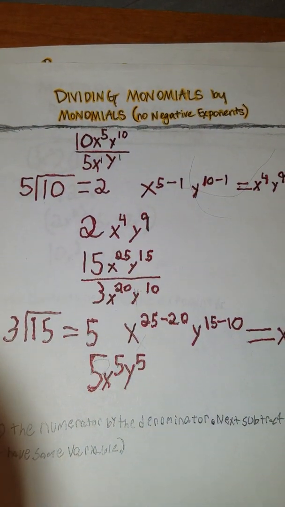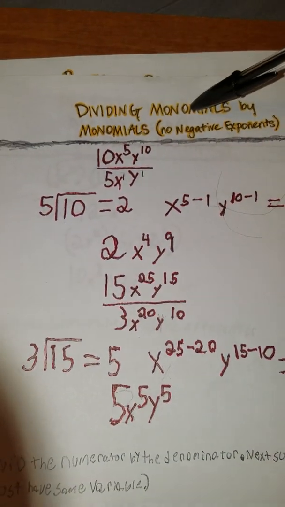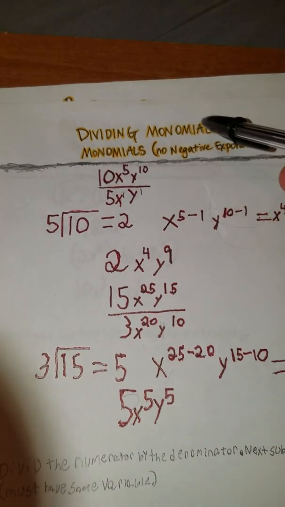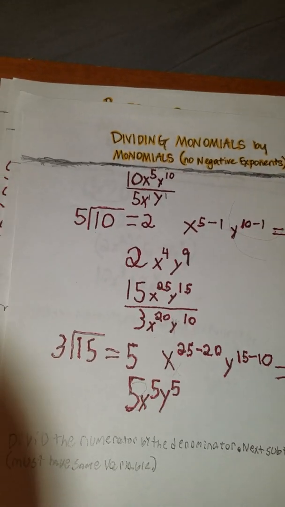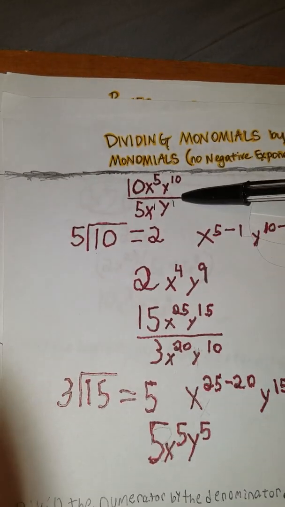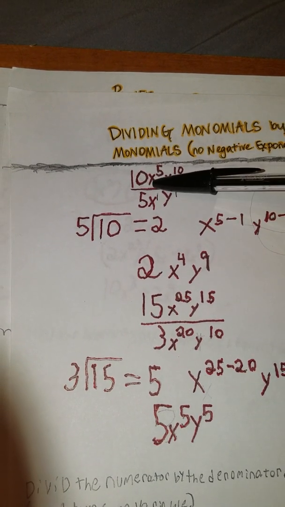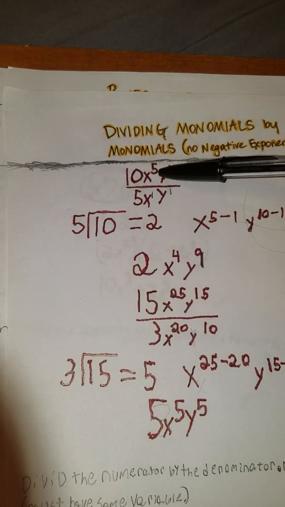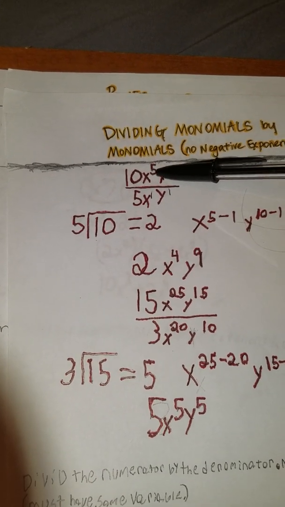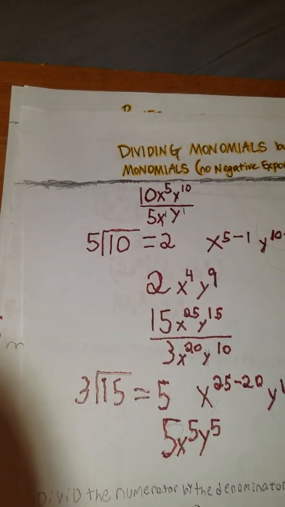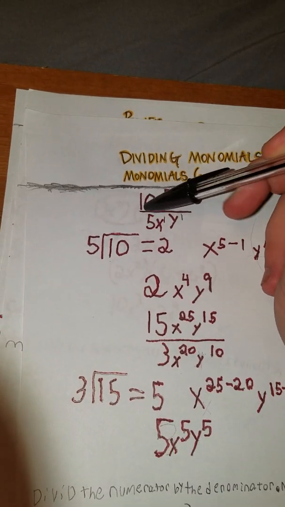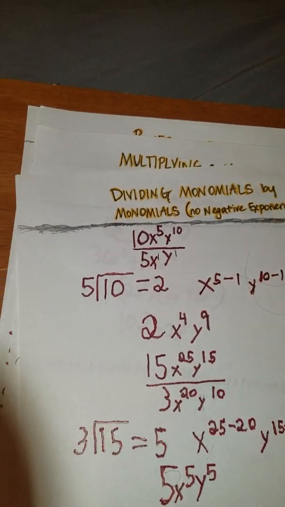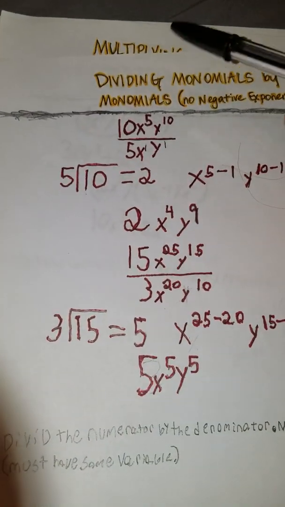Today we'll be discussing dividing monomials by binomials with no negative exponents. So to start, this is how you would set it up. You do 10x to the 5th power, y to the 10th power. This line right here means divide. Okay? Then you would put